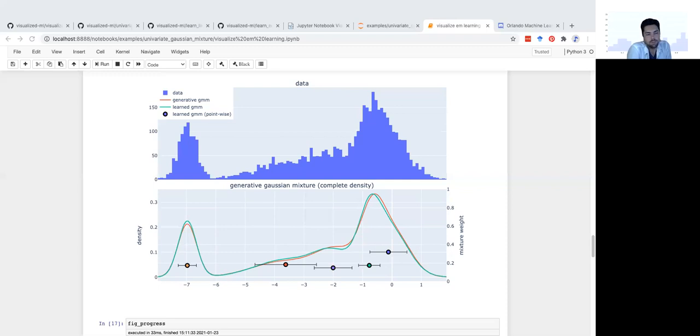So what latent variable or latent models are about is positing the existence of variables that we don't observe, but we want to try to infer what their value would be based on other data that we can see. And that's what's happening here, where the only thing that we know is just the data that we're given. So this histogram. And from that histogram, we're trying to learn a few Gaussians that, when added together, to be very precise, have the highest probability of resulting in the data that we see.